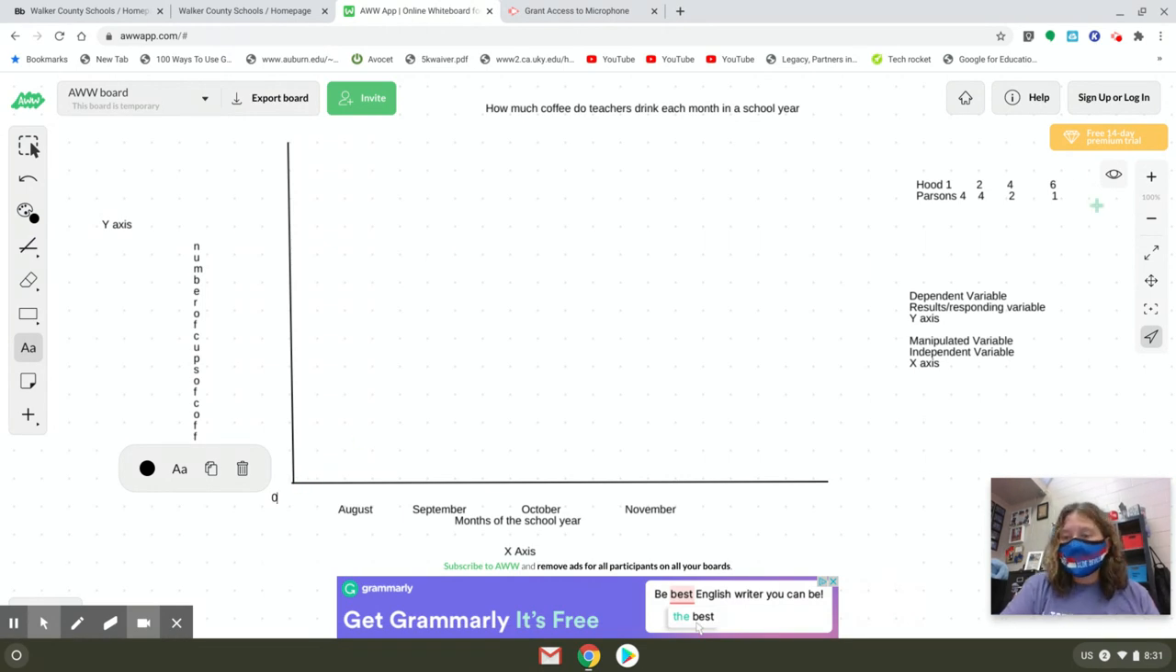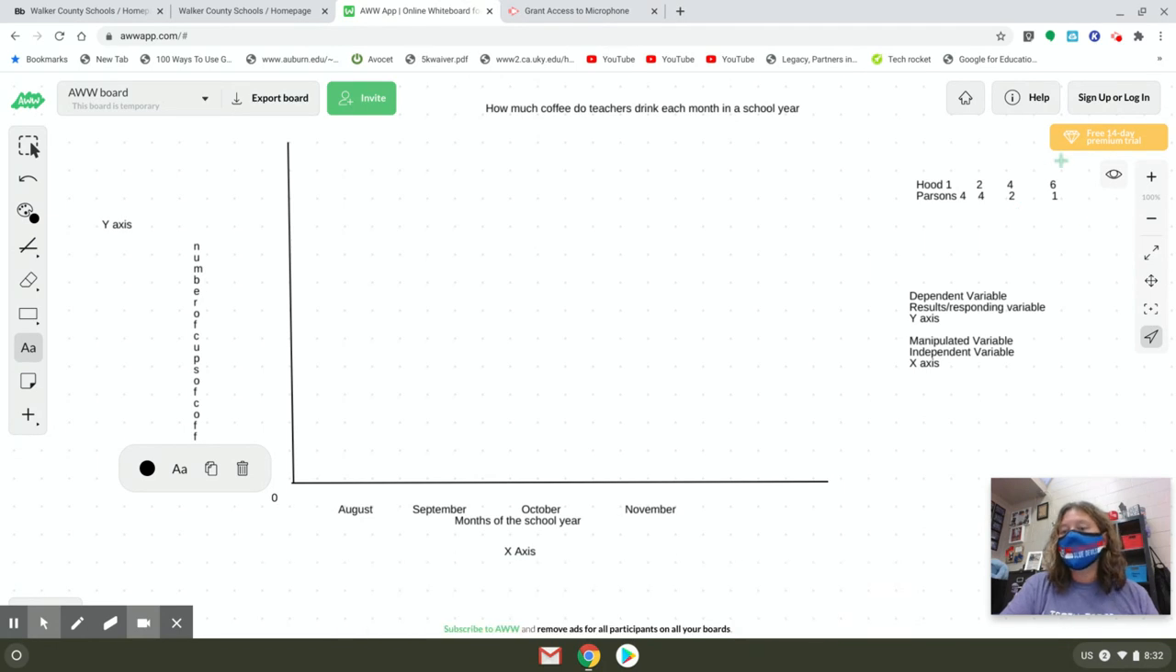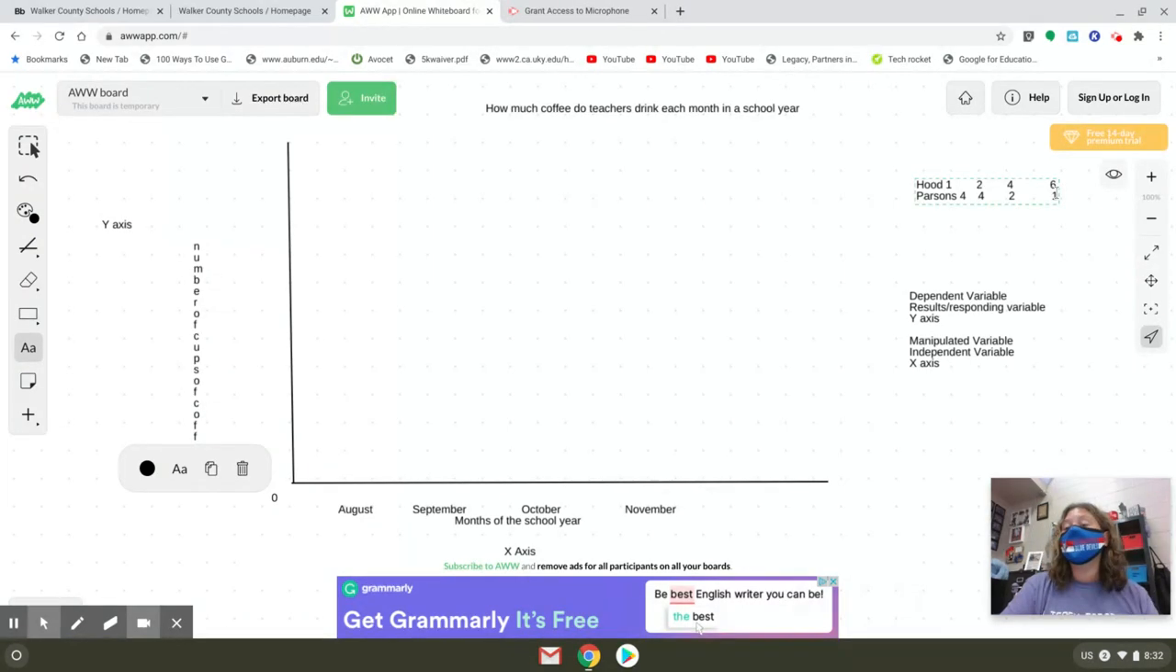We always start at 0. So the next thing we do is we find our highest number in our data set. For this data set, our highest number is 6. So we have to go from 0 to 6. And if you look closely, we have little dots here. So we have 1, 2, 3, 4, 5, 6, 7, 8, 9, 10, 11, 12 lines. So we want to go from 0 to 6 in 12 lines. What that means is,